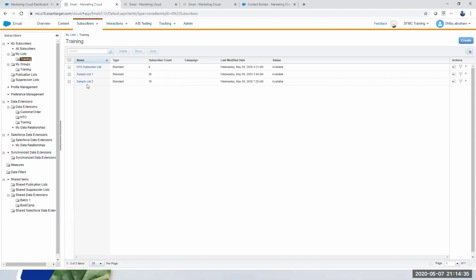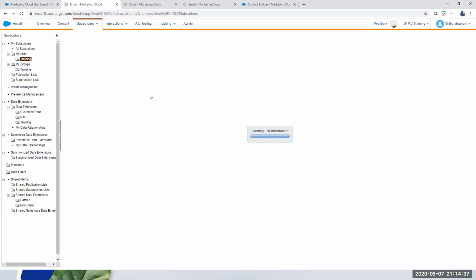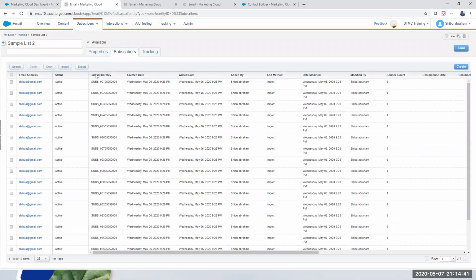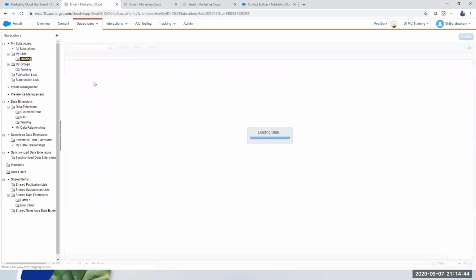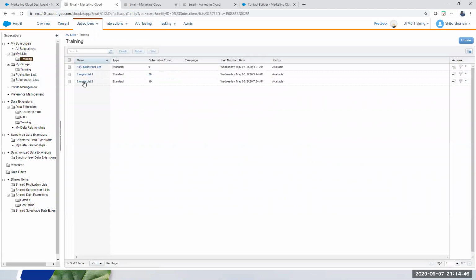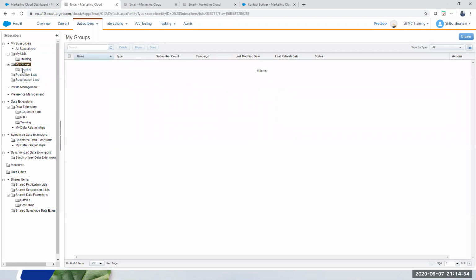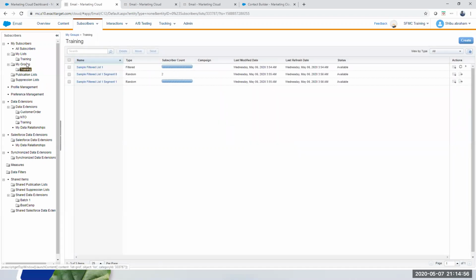In this case, we have a list of subscribers that we imported yesterday. If we want to segment it, the first thing to know is that anytime you segment a list, it will create something called a group. That is very important. Any segmentation done on a list will automatically create a group. It is not called a list again.